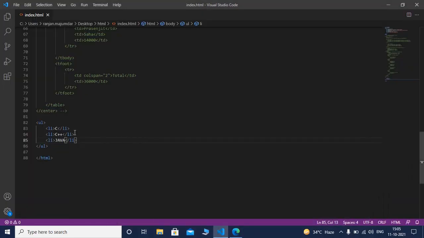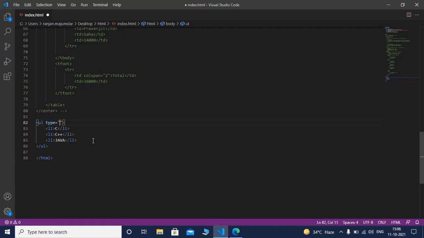This is basically called the type of unordered list. You must remember, by default the type is disc. If a web page developer or a coder tries to change the type of unordered list, here I am using circle as type.